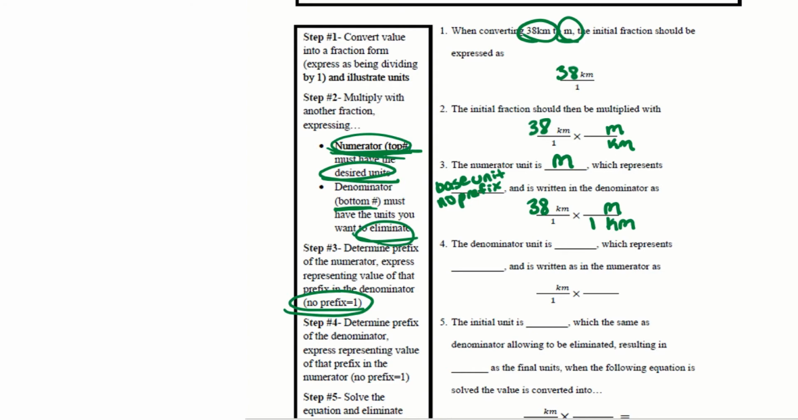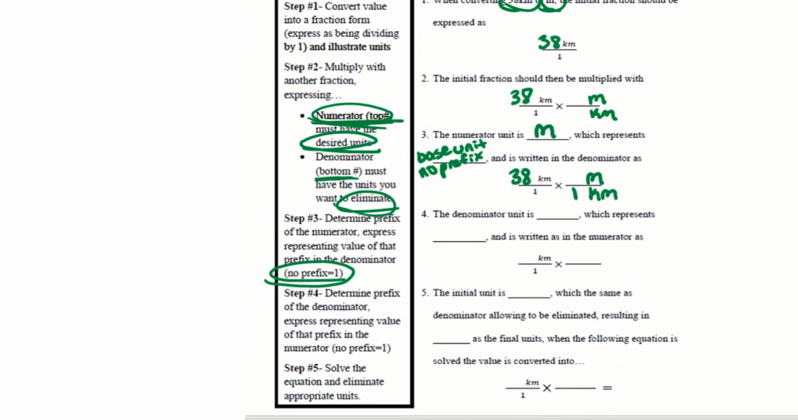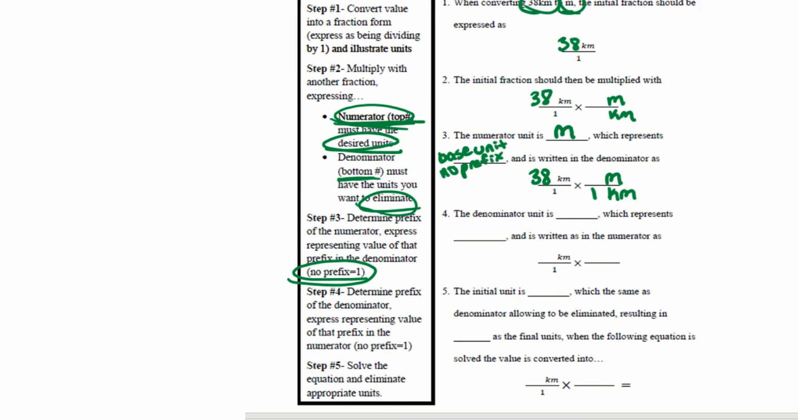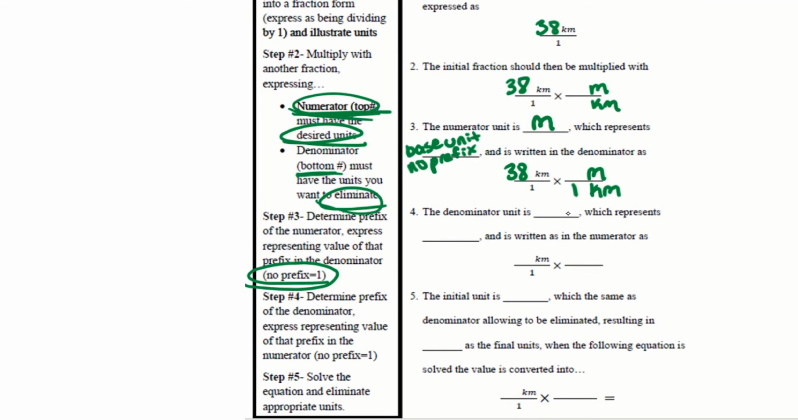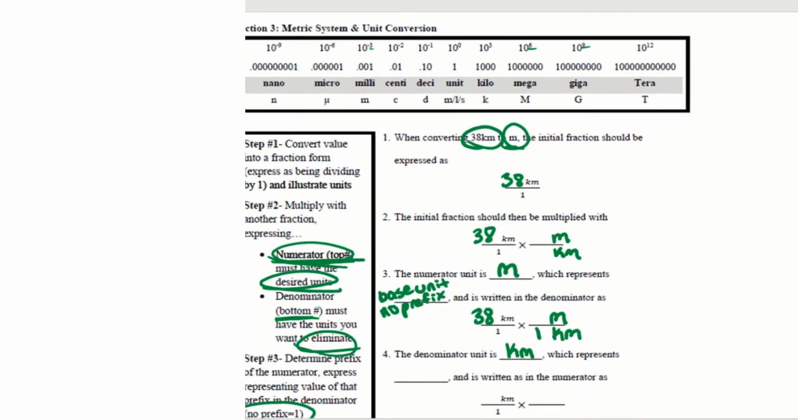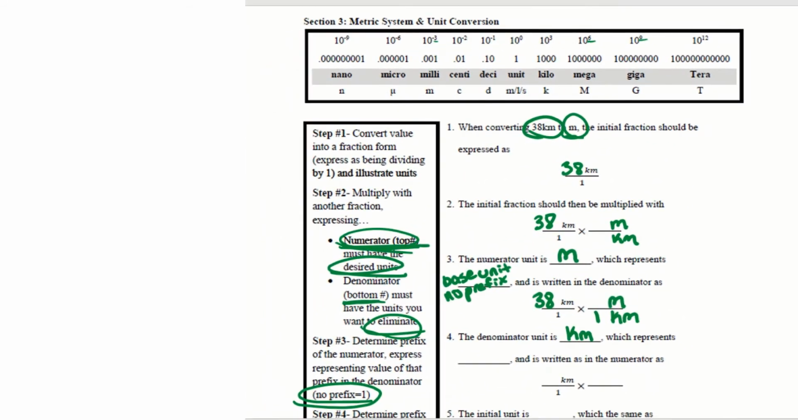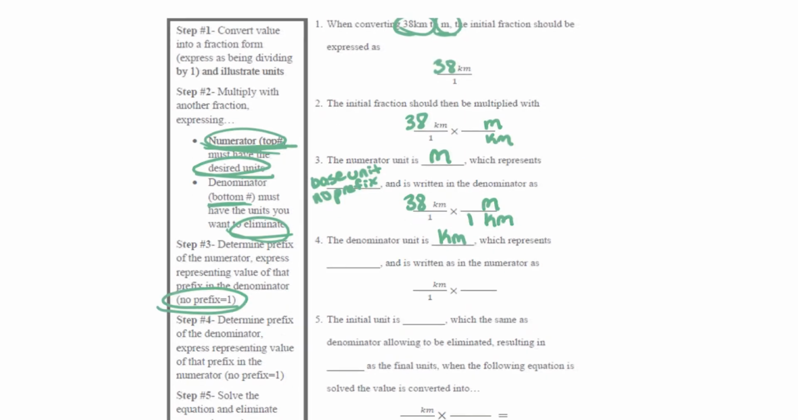Okay, step 4 now. It says, determine the prefix of the denominator. Express the representing value of that prefix in the numerator. So now I'm going to say number 4, the denominator unit is, and I know that the denominator unit in this case is kilometers, and it is representing what? Well, if you don't remember what it's representing, you can go back to the chart that we were looking at the beginning and look at kilo. And kilo represents 10 to the 3 or 1,000. I'm just going to represent it by